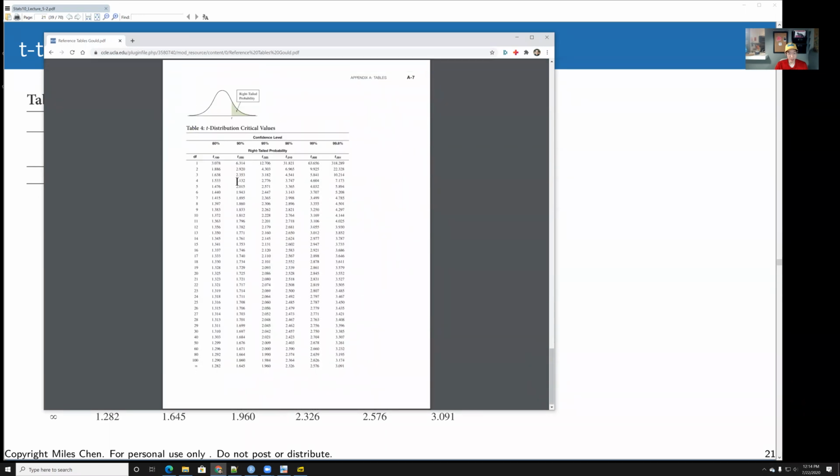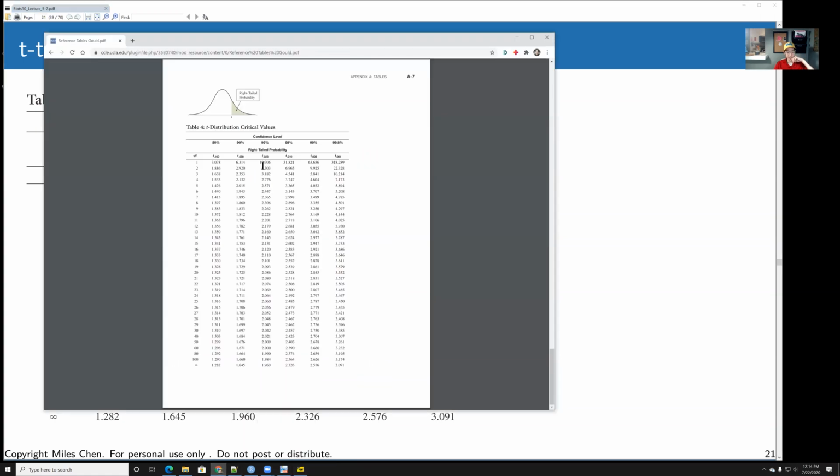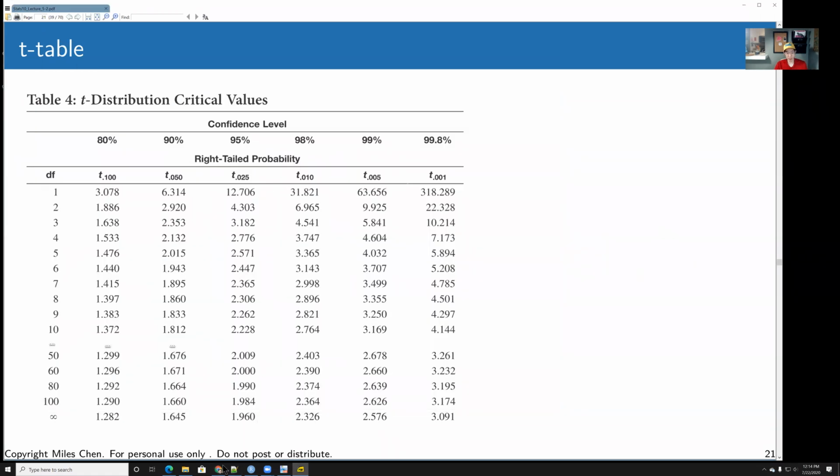This page is the t-distribution, the last page in the reference tables. And so this is kind of what your t-distribution looks like. I just cropped the top and the bottom. And so you can see in the bottom last row with degrees of freedom infinity, for confidence level 95%, we get 1.96, okay? And I don't know if you remembered any of the other values for the confidence interval, but